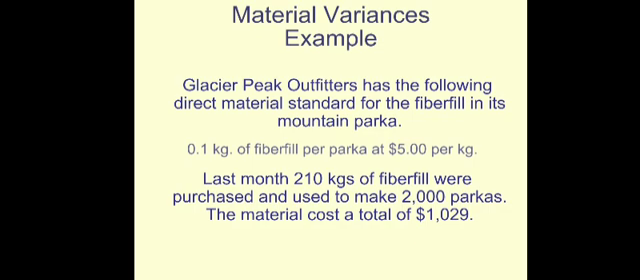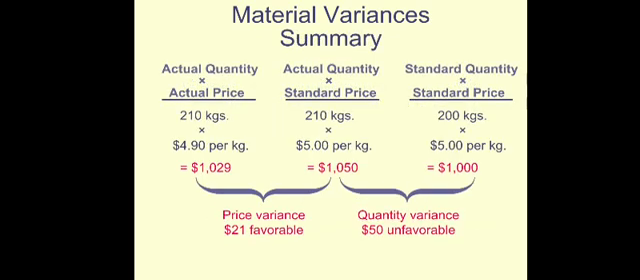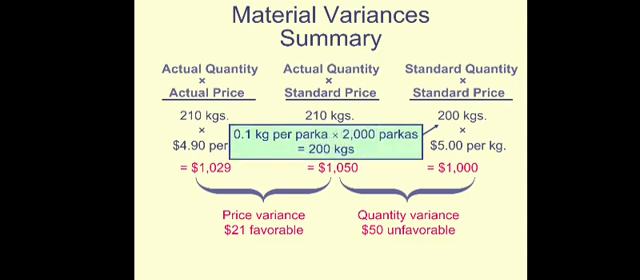The direct material cost is $1,029. Okay, you see here, there is a standard data, and also there is an actual data. So how to calculate the material price variance and material quantity variance? Remember, you use the formula. Okay, this is the way to calculate the